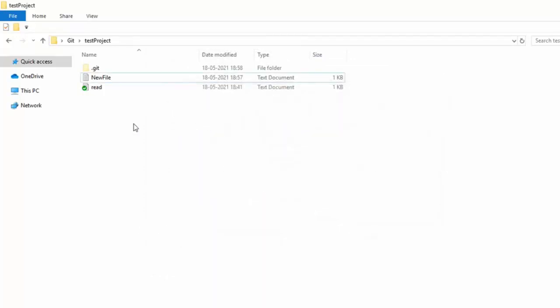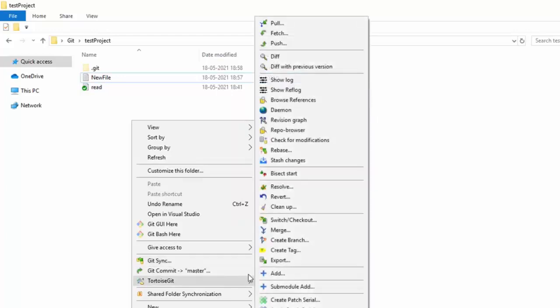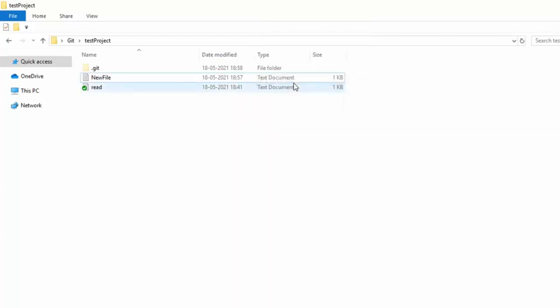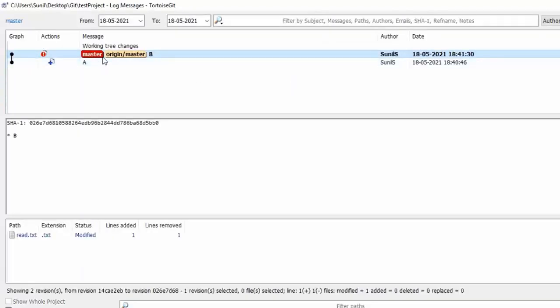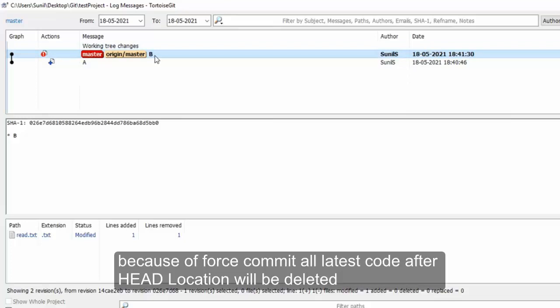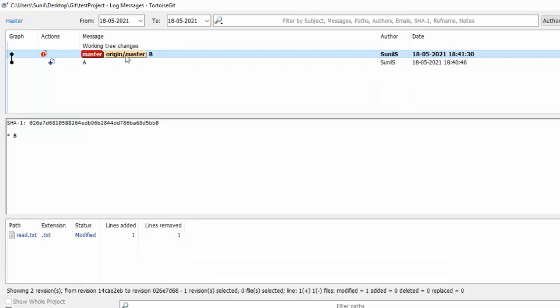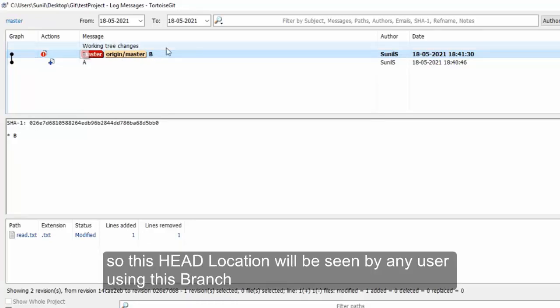So this time it has updated the file, and your new commit location will be this. All the latest commits will be deleted automatically from remote as well because of the force commit. Because of the force commit, all the latest commits after this head location will be deleted. So you will always see this branch head location for any user using this project.